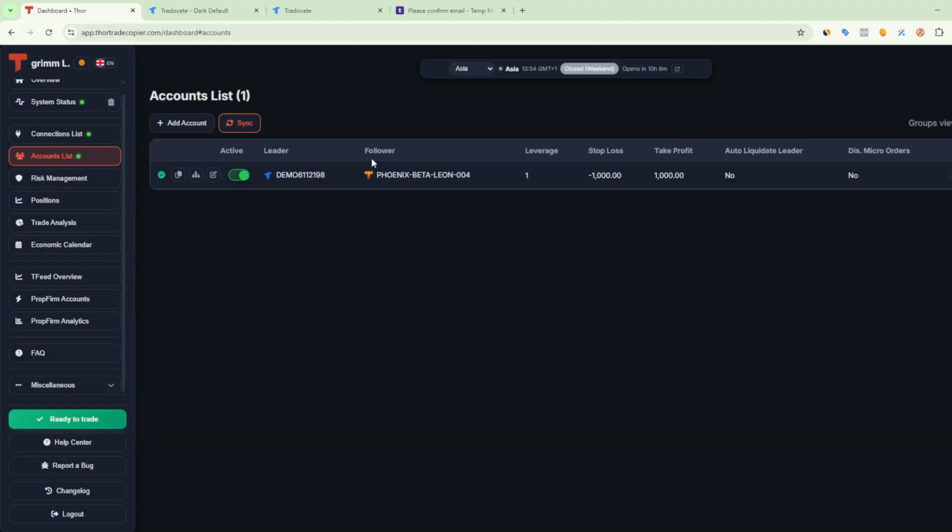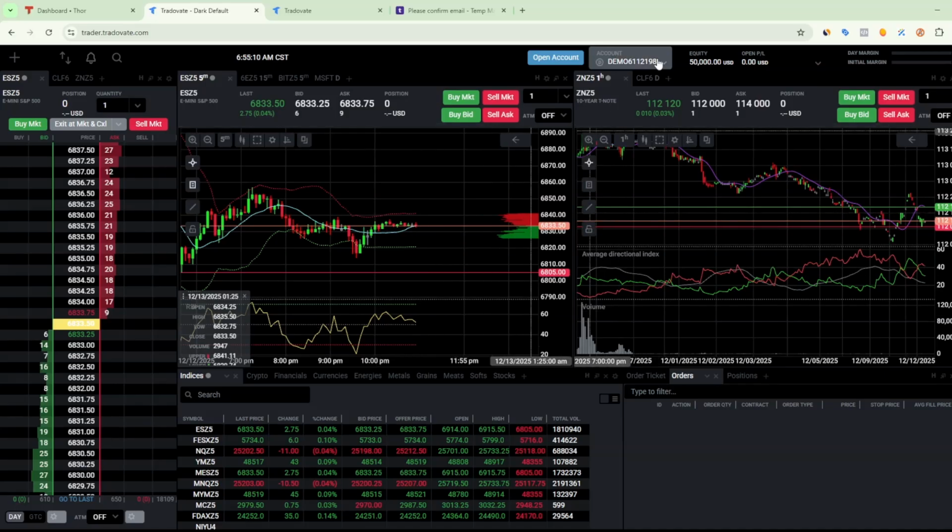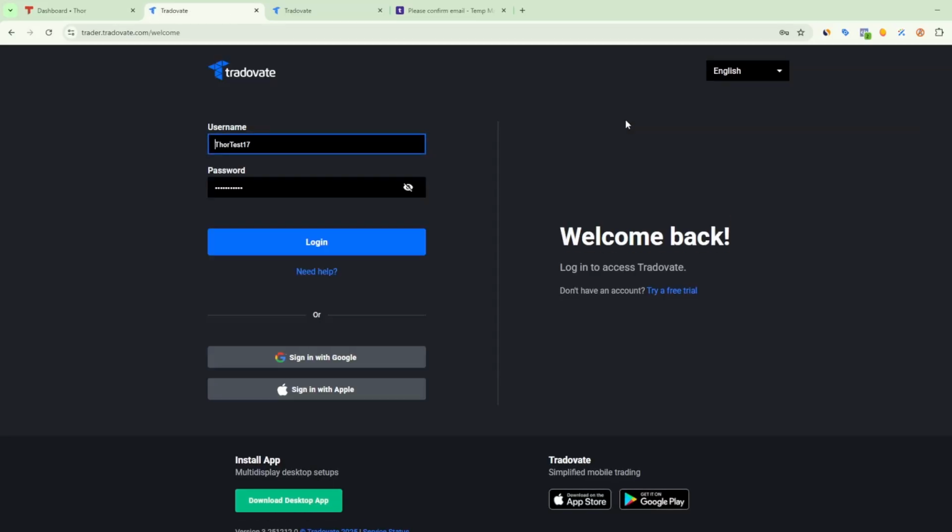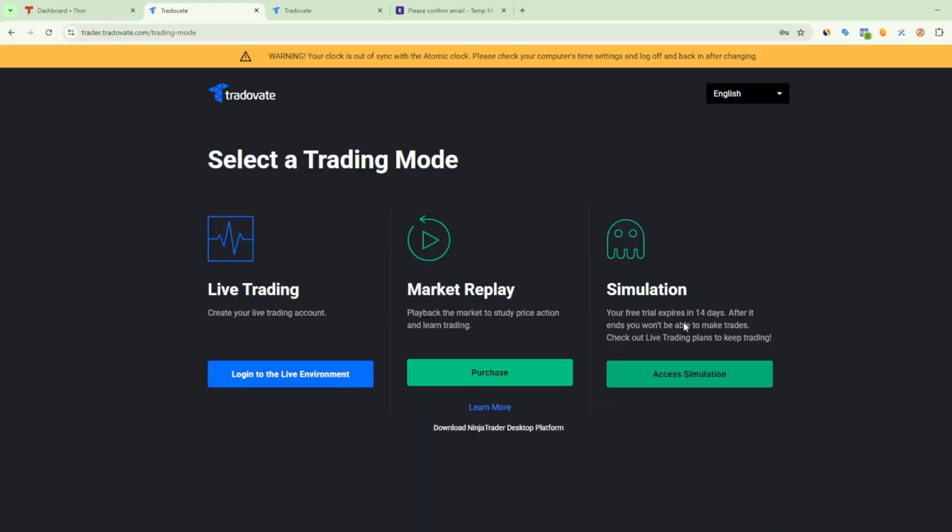and that's about it. And the last thing I want to show you is that if you log out of Tradovate, as it will happen automatically most of the time, you can just log in again on this page, and from there you will have to go to access simulation, and if you have this message warning your clock is out of sync, you will have to go to